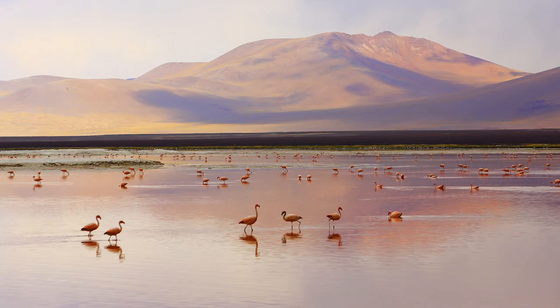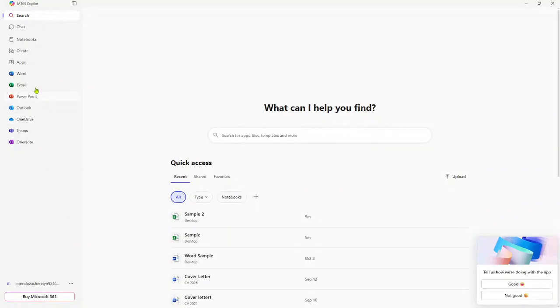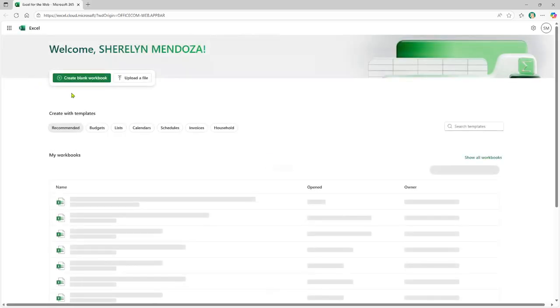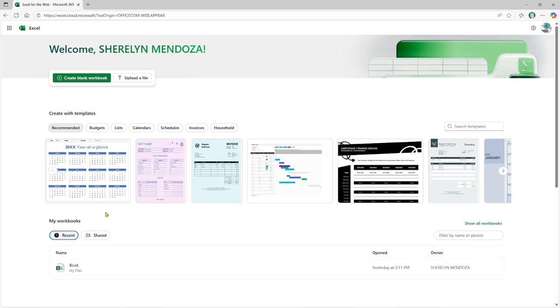First, let's start by opening up your Microsoft 365. Once you're logged in, click on Excel. This will bring you to the home page where you can either start a new workbook or choose one of your existing files from the list. If you already have your data set and know where you'd like to add your checkboxes, go ahead and select